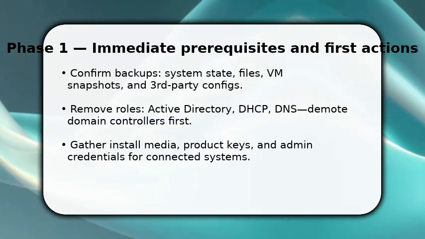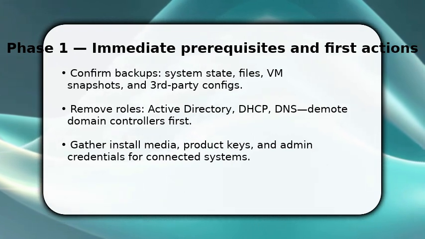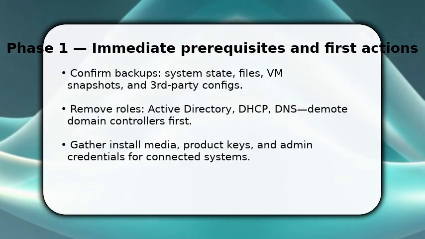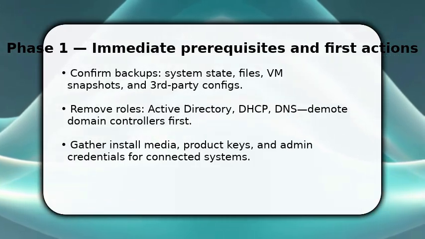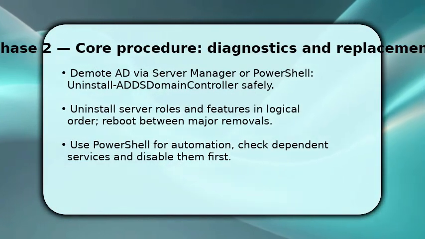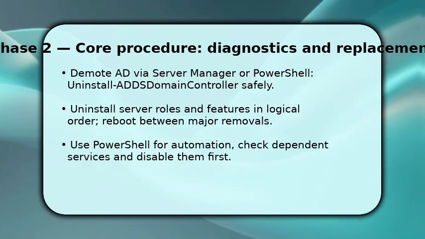This prevents lockout later. Make sure to document network settings and static IPs so services can be restored or migrated smoothly afterward. Now move through the core removal steps methodically. You will demote Active Directory using Server Manager or PowerShell, uninstall AD's domain controller, because leftover metadata can break the